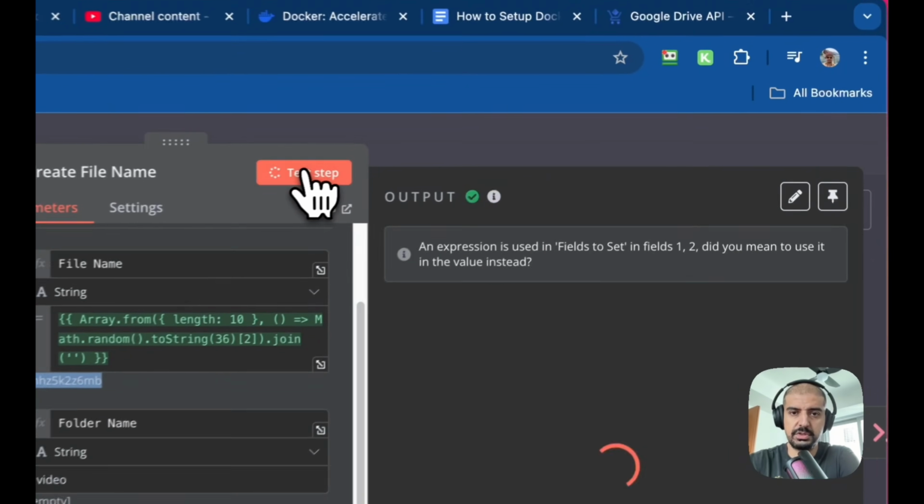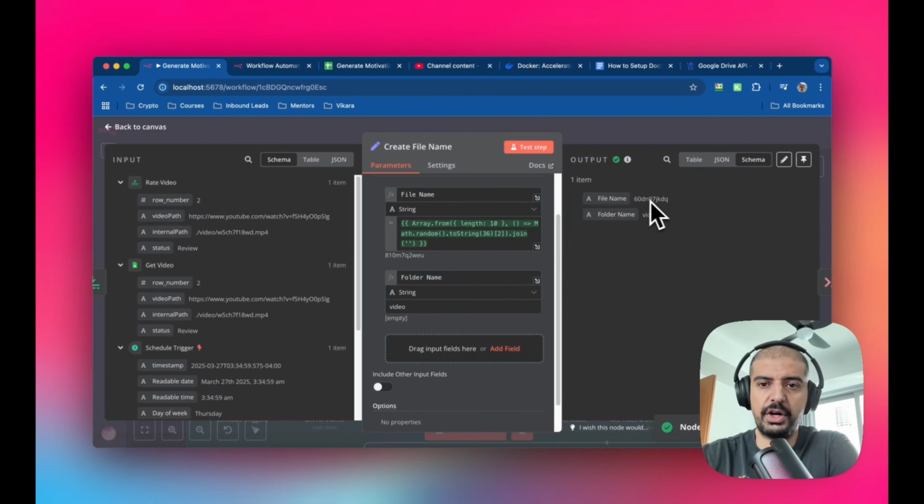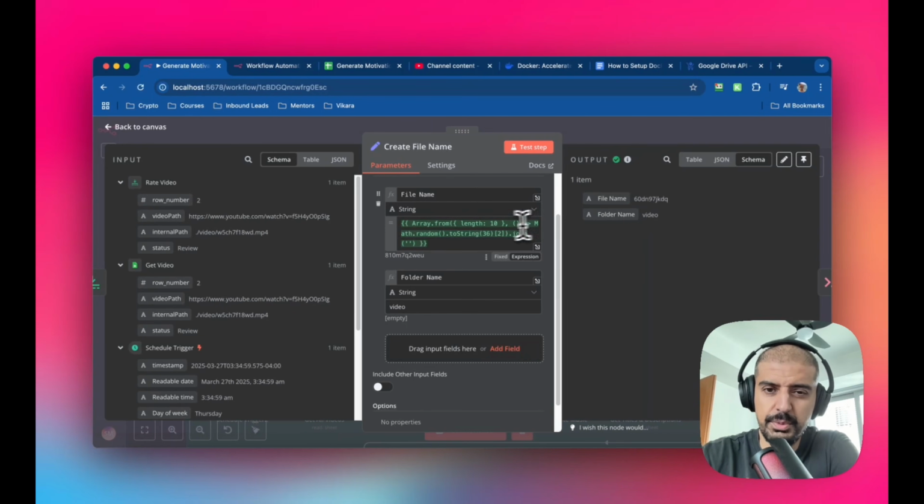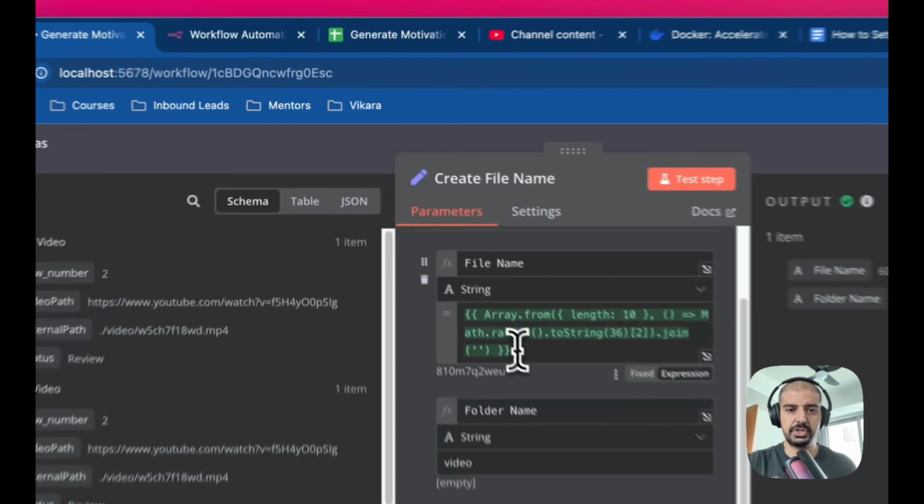I'm just going to run this test step to show you. It's got a random output for the file name, which is a length of 10 characters. So it's numbers and letters. I mean, you could put other things in here, but just bear in mind that not all platforms accept special characters, emojis, that kind of stuff, right? So let's just grab this